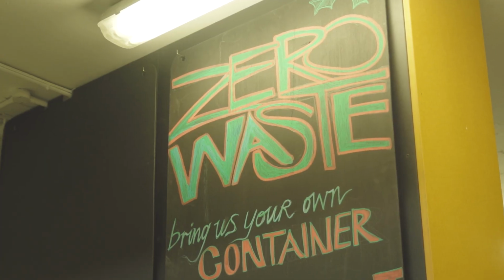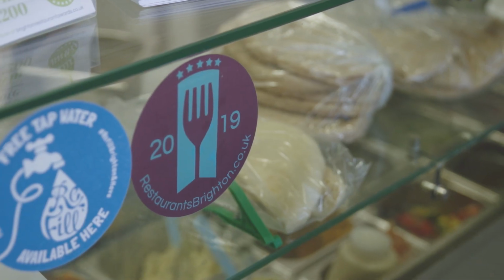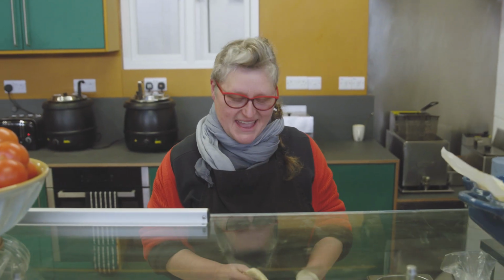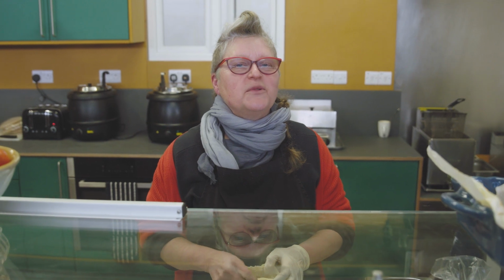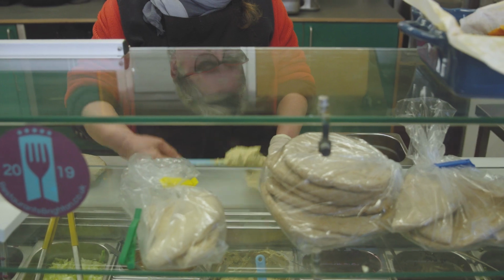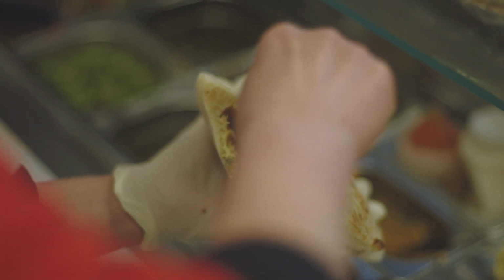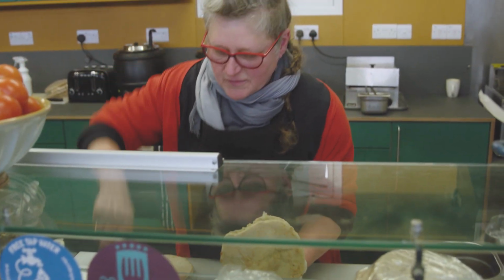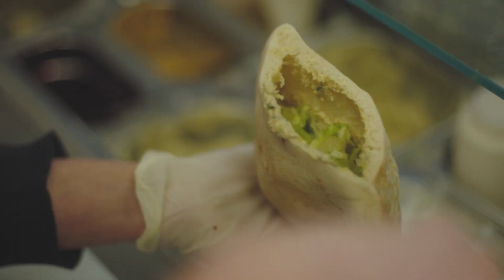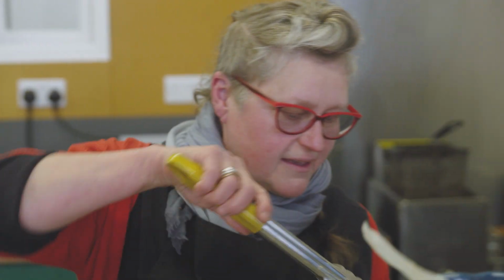So here we are at SMORL'S. We've landed in front of our beautiful array of salads and I've got a pitta here and I'm going to make the signature SMORL'S Biggie Smorls with a pitta. SMORL'S hummus. We make this on site, spreading the love. Usually add a little bit of iceberg in the bottom and some pickled cabbage. This pickled cabbage has got sesame seeds in as well, so it gives it a little extra zing, delicious, crispy,